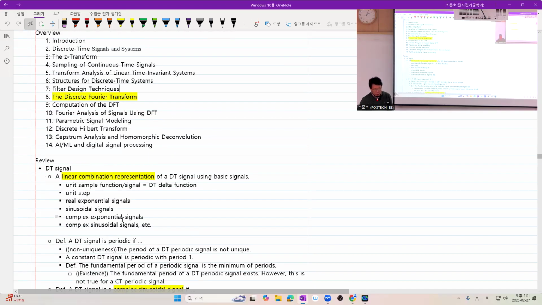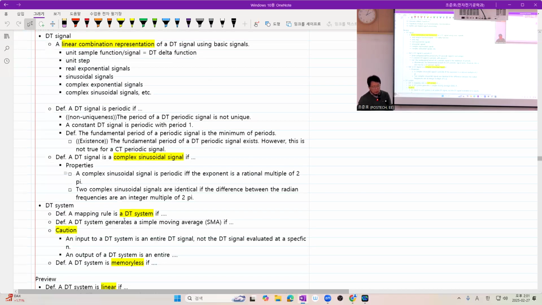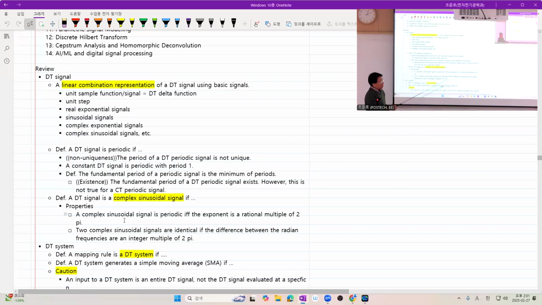I remember it's marked on the homepage. But anyway, here goes the review. We review the idea of discrete time signal and discrete time system. The keyword is that we are going to rewrite or represent a given discrete time signal as a linear combination